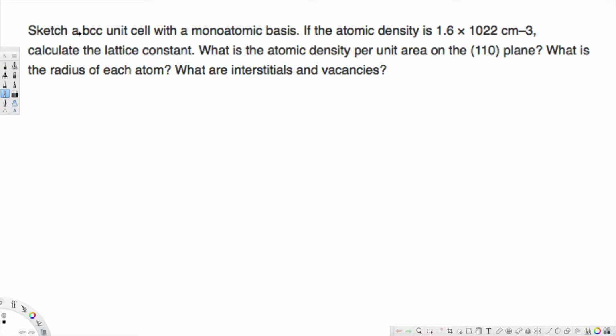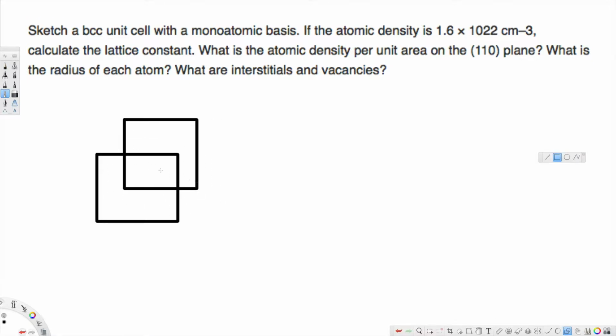Now the first question is asking, sketch a body-centered cubic structure unit cell with a monoatomic basis. Now let's see how it's going to look. So for a body-centered cubic structure, okay, this is our cube. For a body-centered cubic structure, we are going to have a full atom in the middle, and at each corner we are going to have 1/8 of the atom. So each corner of this cube is going to have 1/8 of the atom,